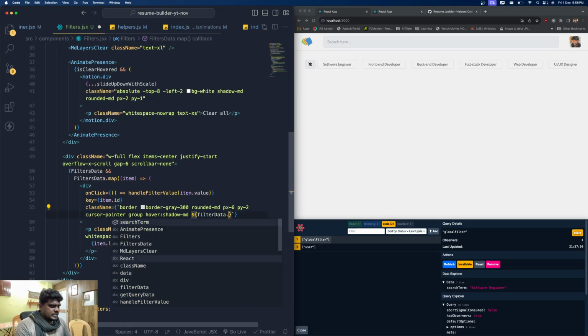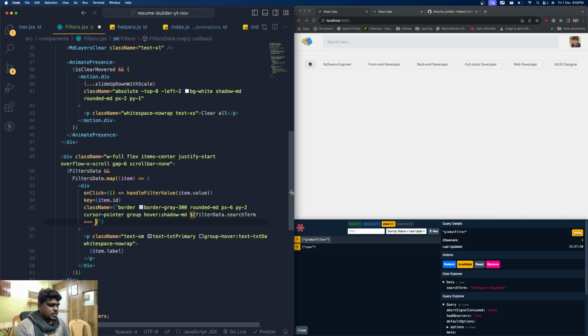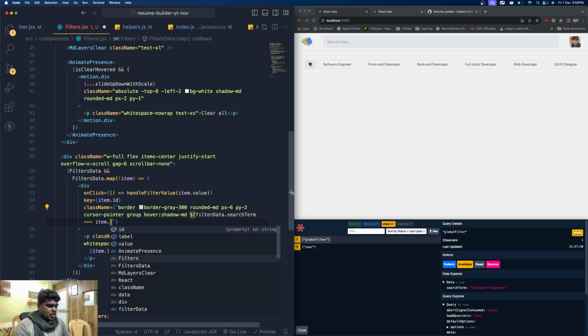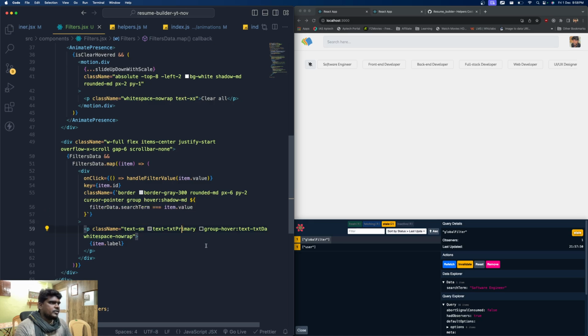Inside that we do have the search term. If this double equals to item.value, so what value we are trying to load over here, if it is equal to that, then what we are going to do,